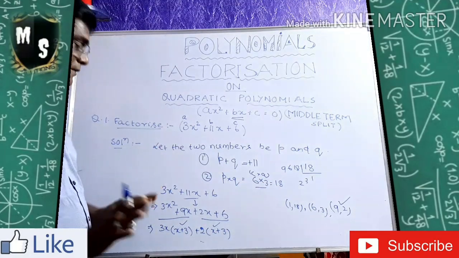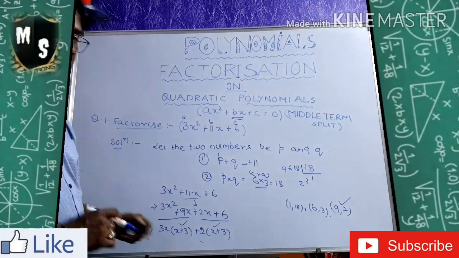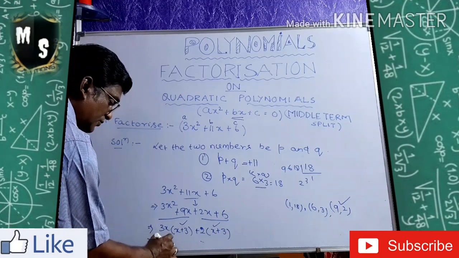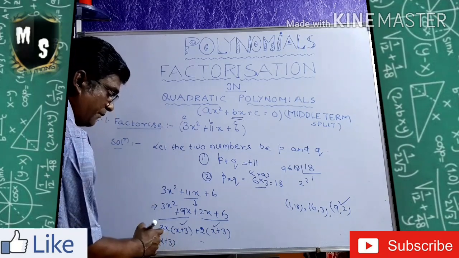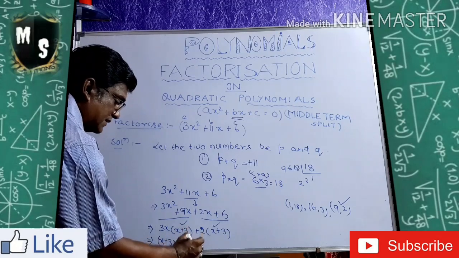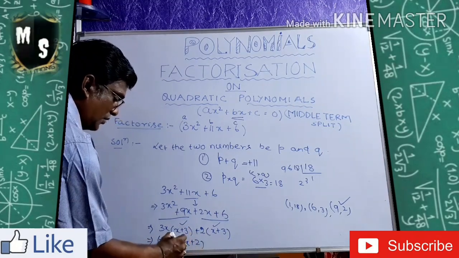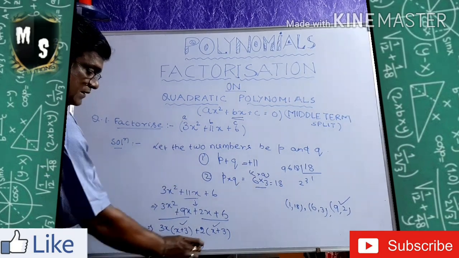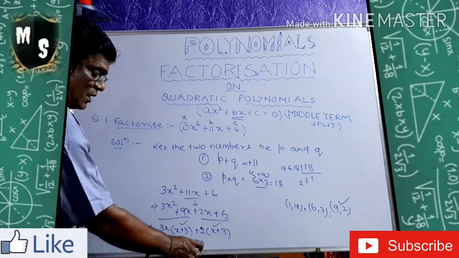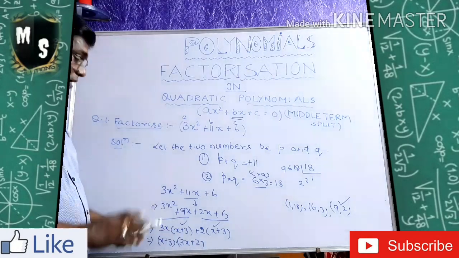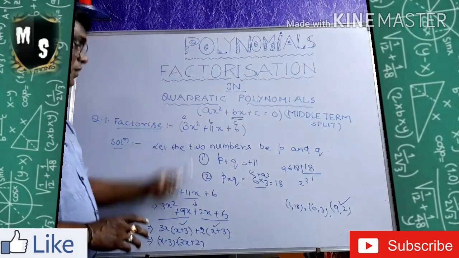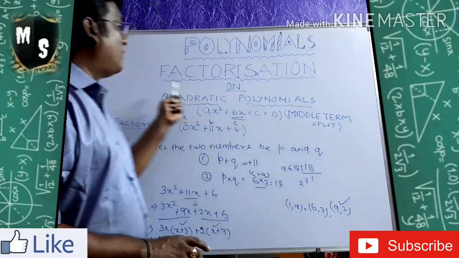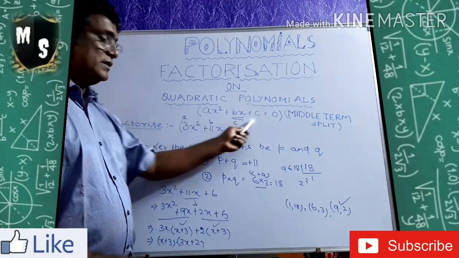Again go to the factor. So x plus 3 and x plus 3 are coming the same. So now x plus 3 will be taken outside. That means you take common x plus 3. Then what is remaining? 3x is remaining here, plus 2 is remaining here. So now you see this quadratic polynomial is expressed as the multiplication of two factors, that is x plus 3 into 3x plus 2, which is already factorized. Now I hope you understood the funda behind the middle term splitting or factorization of quadratic polynomials.